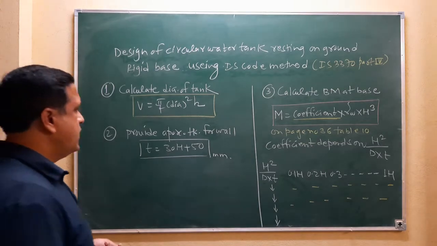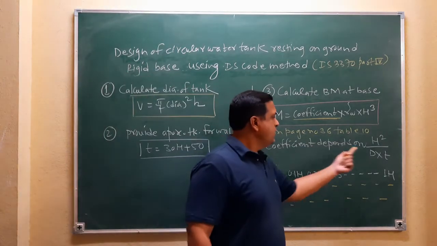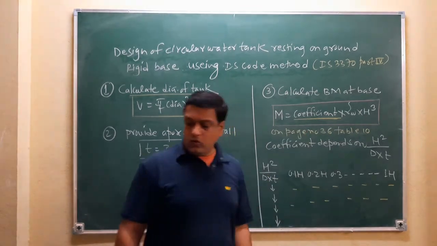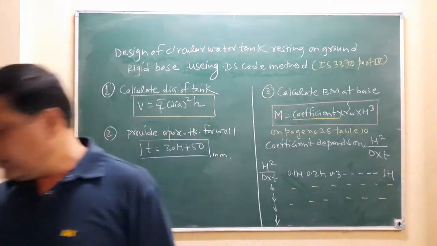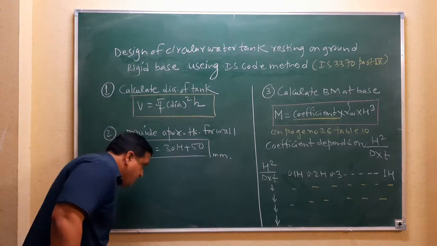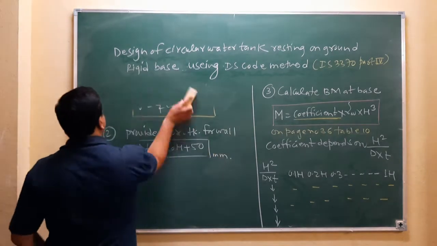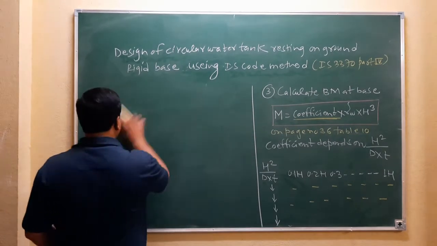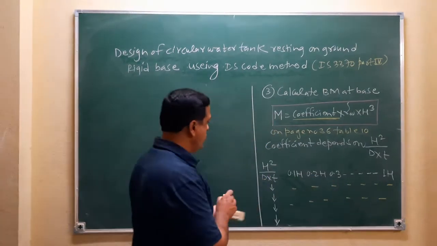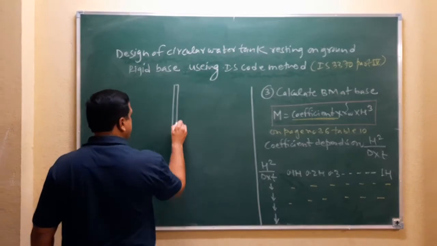Okay, so like this you have to take down the coefficients, put the coefficient in the formula and find out the bending moment. So what exactly is the meaning of this 0.1h, 0.2h, 0.3h? So these values are okay. So this is